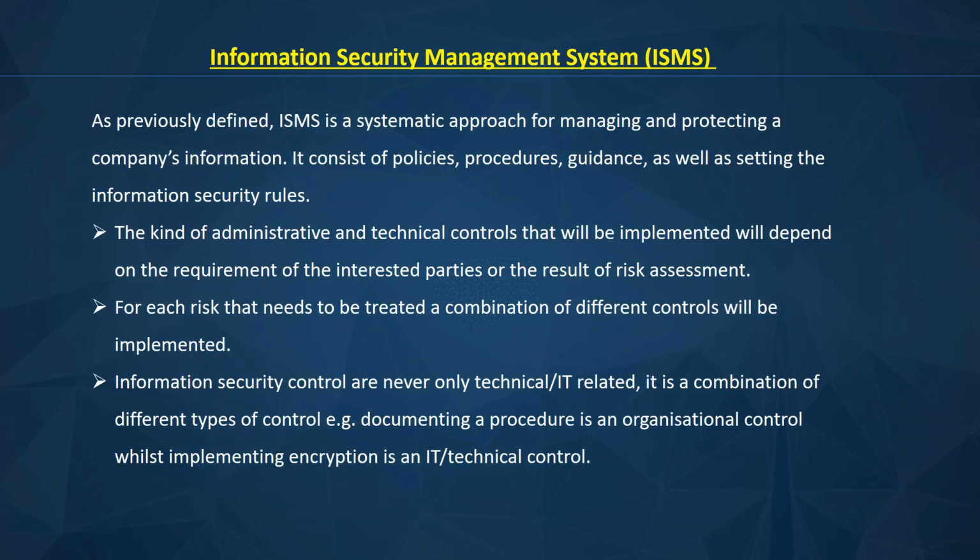You have the iron gate, you have the iron door, and then you have this massive main door. And then the door that leads to your room, you lock it again. So you can see different controls. That's an example of defense in depth. So these are different controls. All you're trying to guard against is you don't want an unauthorized person to gain access to your house. So that's why you have all those gates, all those things, back at home in Africa. That's a typical example of defense in depth.